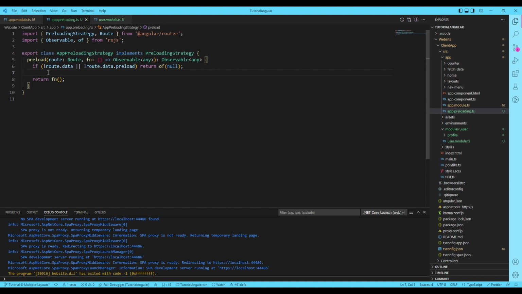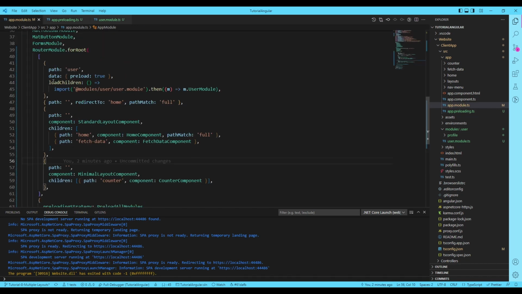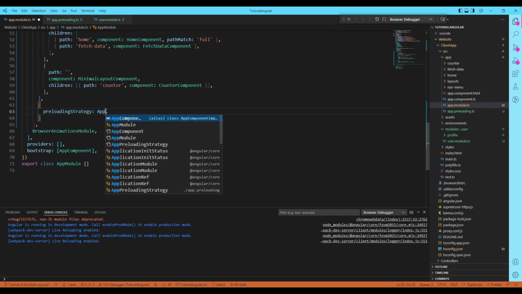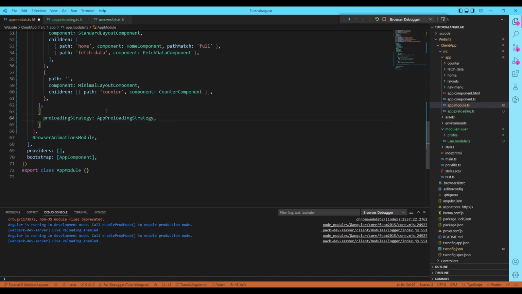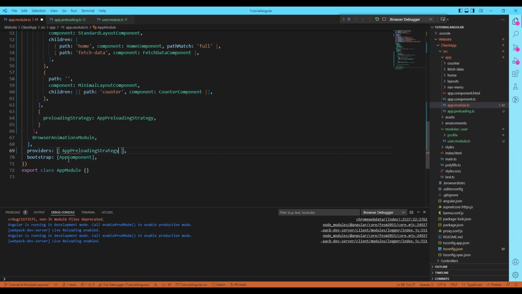So that should be enough to test this out. Just double check, we have our data preload is true. So now we need to tell it to go ahead and use our strategy, which was the app preloading strategy. And that reminds me, we're going to actually have to make this a service that we can inject. So let's go ahead and provide it to the app module here. We'll just say app preloading strategy